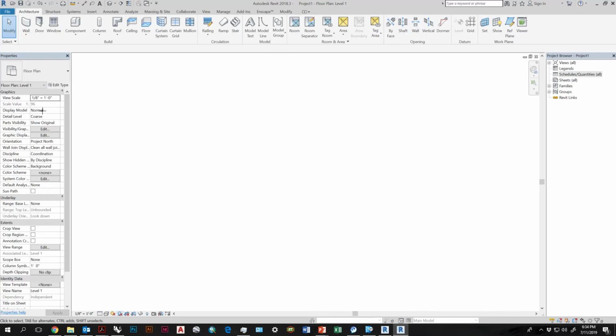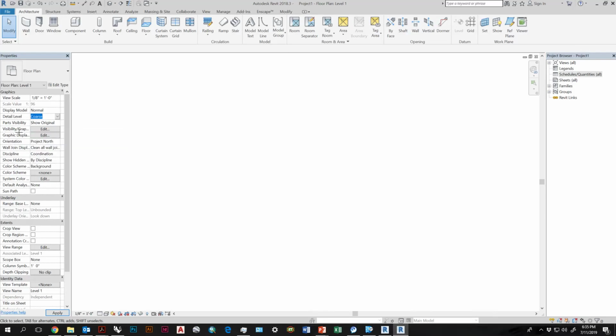Display mode, or display model, is set right now to normal, but you can also set it to halftone or do not display. Detail mode, which is right now set to coarse. Coarse basically means if you're looking at a wall in plan, it will be a completely white poché. If you set it to medium, it will start showing some elements of the wall's composition, which we'll be talking about when we get to geometry. But you can go in and create wall sections basically by saying, it's 1/8 inch this material, there's a gap here, there's 36 inch of this material. Anyway, if you want to see that in your plan, you change the detail level to see those elements.